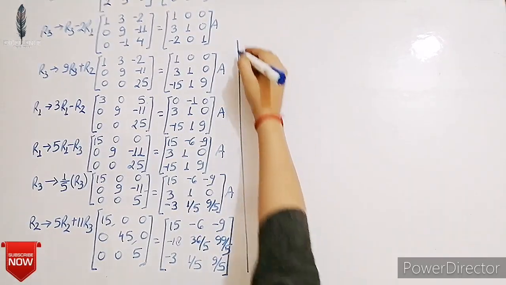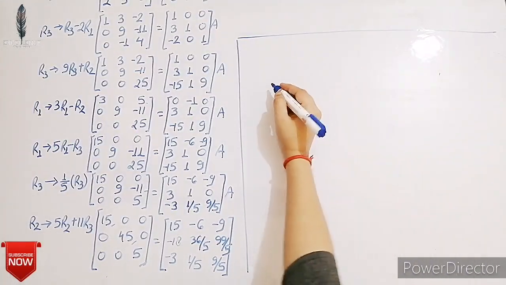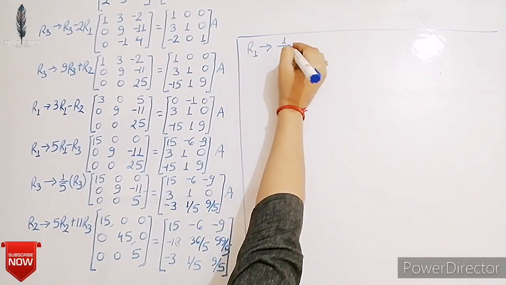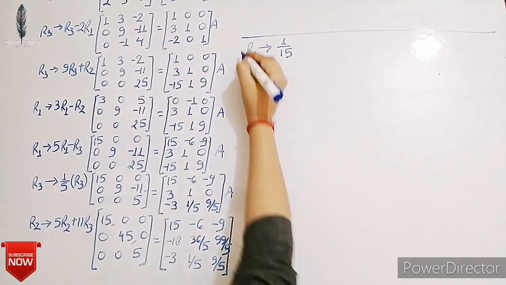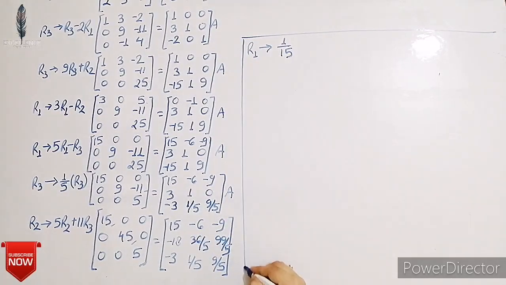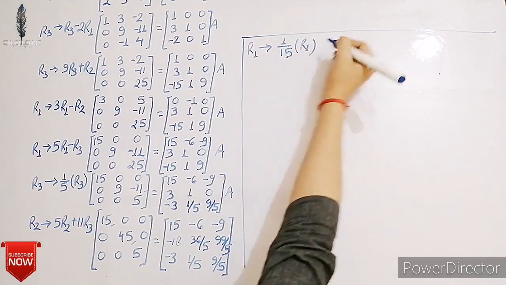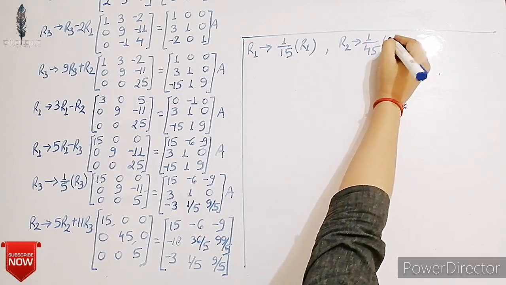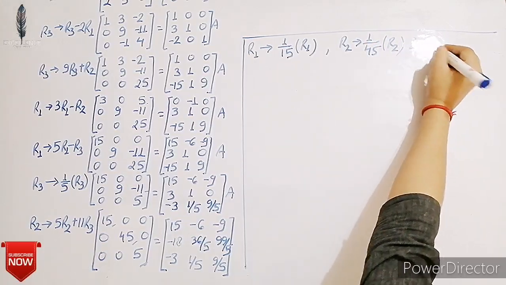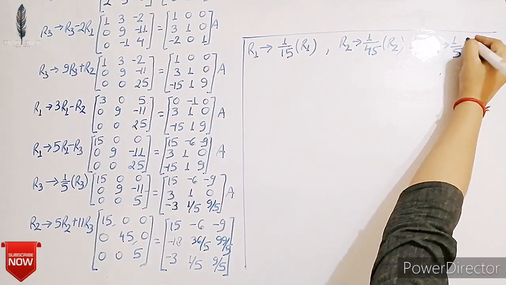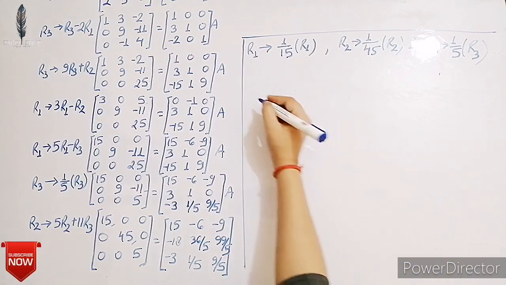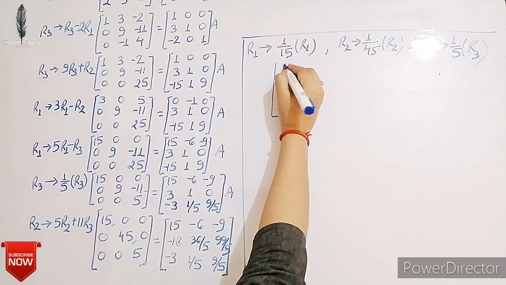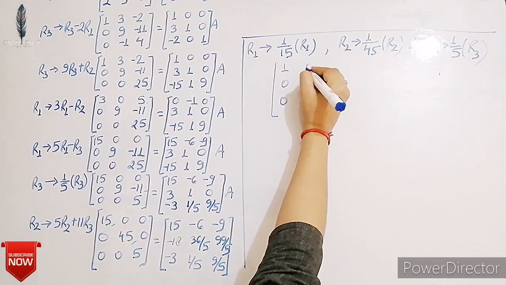Now we have to change the main diagonal to 1, 1, 1. So clearly, R1 becomes 1 by 15 R1, R2 becomes 1 by 45 R2, and R3 becomes 1 by 5 R3. On applying this change, the left side converts into the identity matrix of order 3, that is 1 0 0, 0